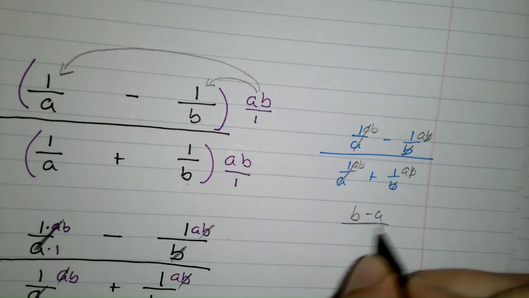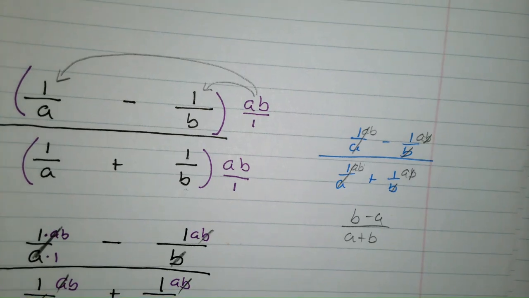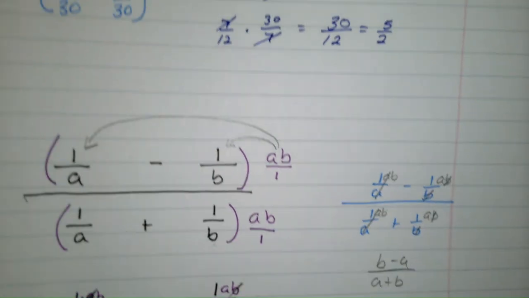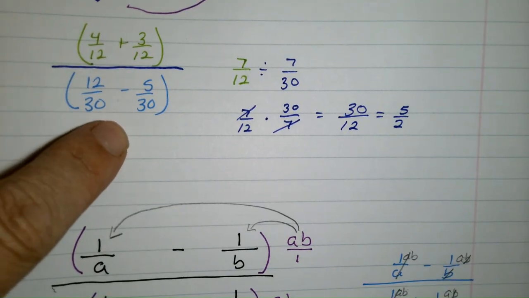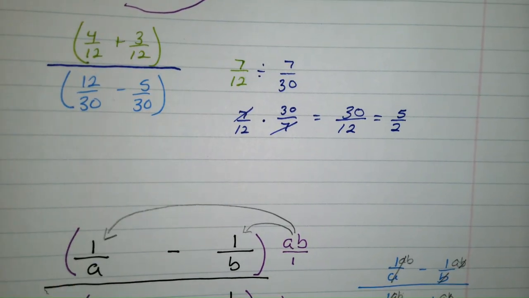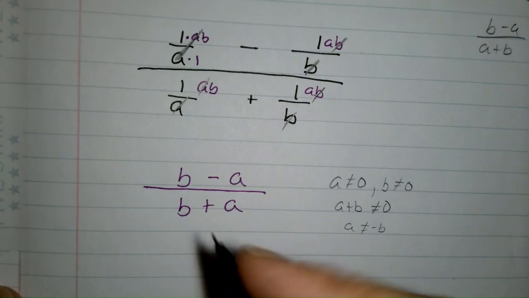B minus A over A plus B. That's a lot better than doing what I did here the first time, where I got common denominators and then added them, and then I did the keep, switch, flip, because if had I done that, I would have had